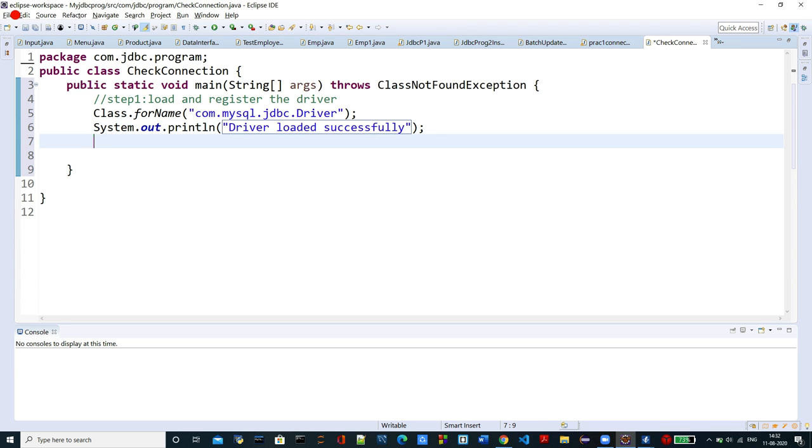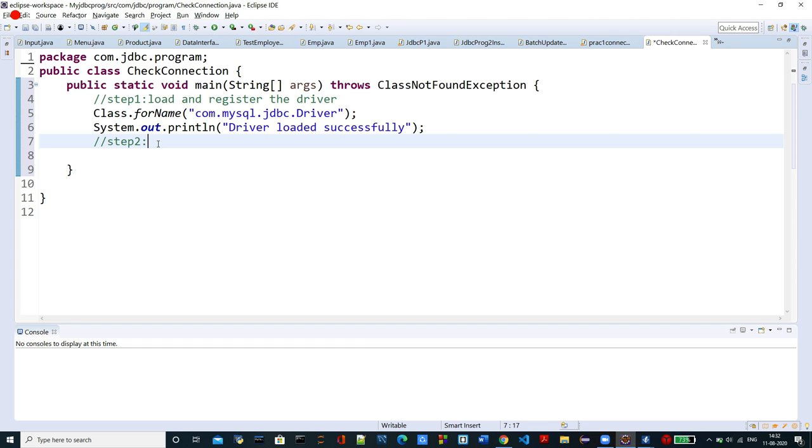Now the next step is the connection between my Java application and the database. That will be done using the connection object.